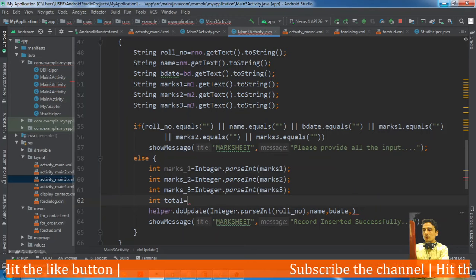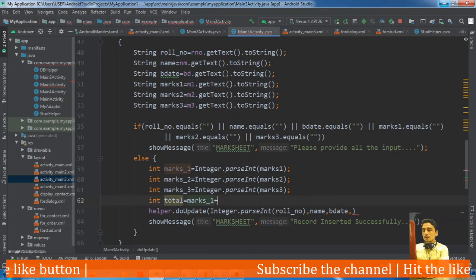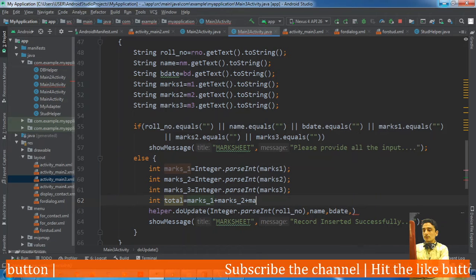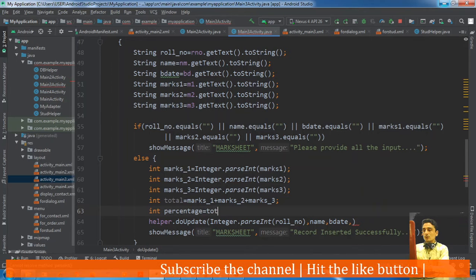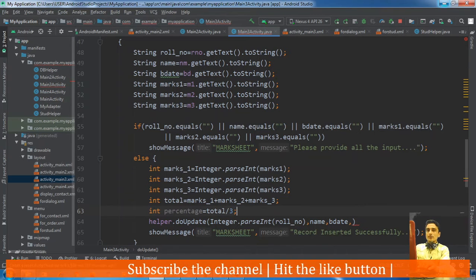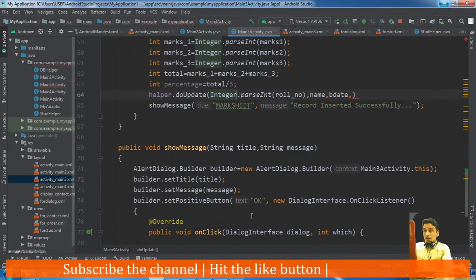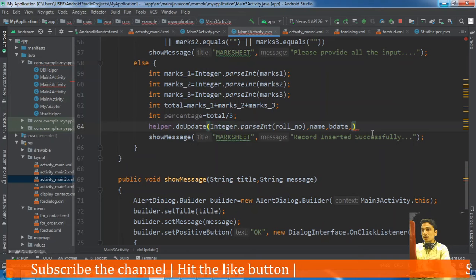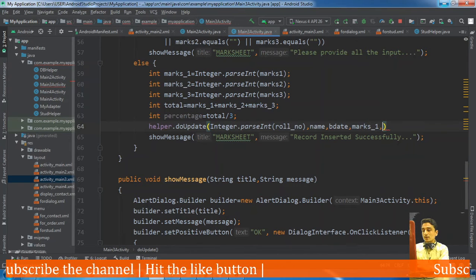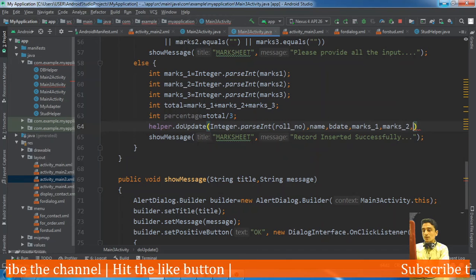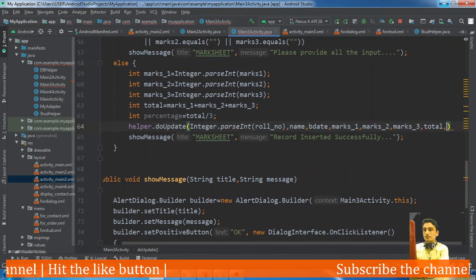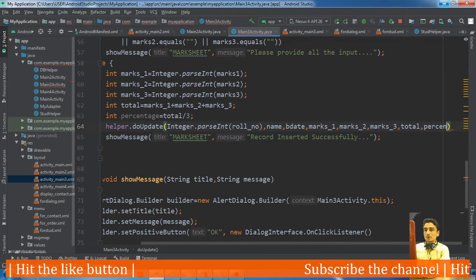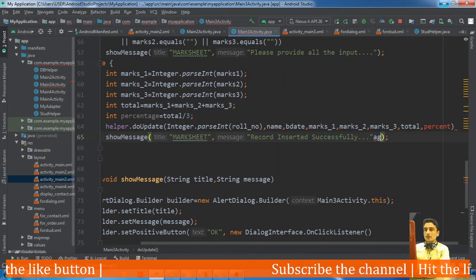Again total equal to marks underscore 1 plus marks underscore 2 plus marks underscore 3, and percentage equal to total divided by 3. Okay, because we have disabled this field, that's why. Okay, so here the third argument will be marks underscore 1, marks underscore 2, marks underscore 3, then total and percentage are to be passed.